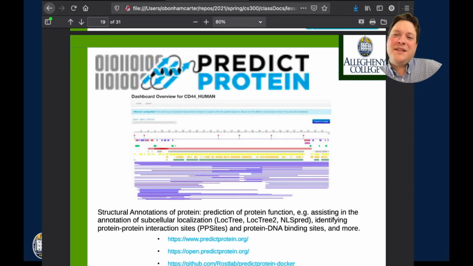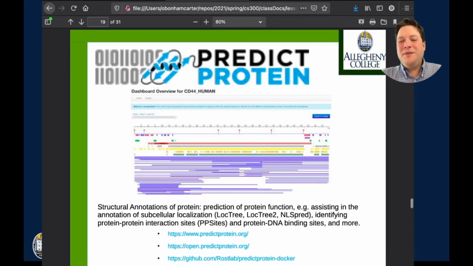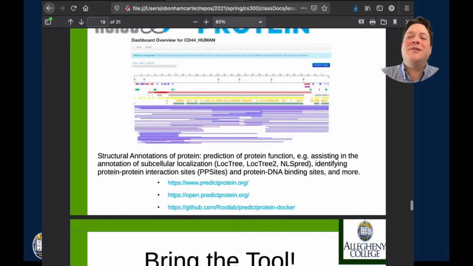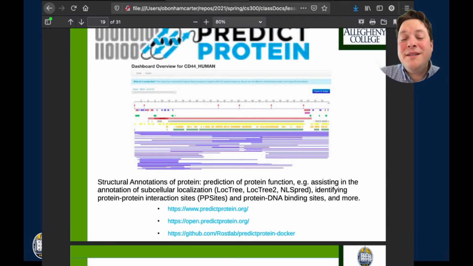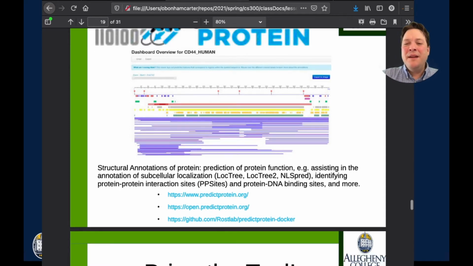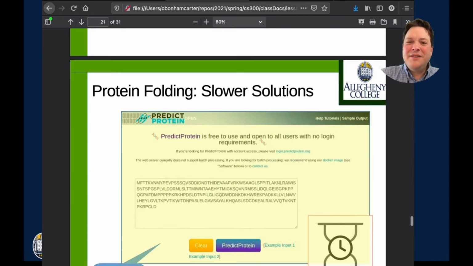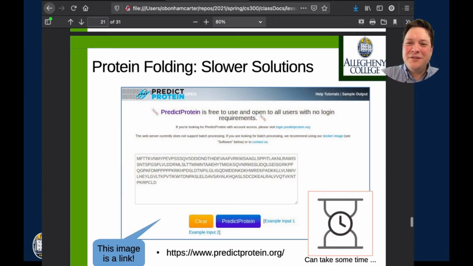And so here, with this predict protein, there's more analysis going into your protein to figure out what it looks like in terms of its structure, but it does take longer to do. And you have all these different types of annotations also that it gives you. So let's go ahead and just look at this. For instance, I call these slower solutions. And slower solutions are